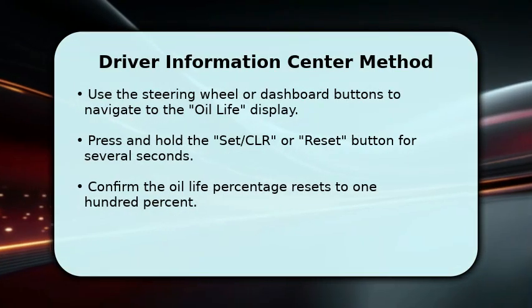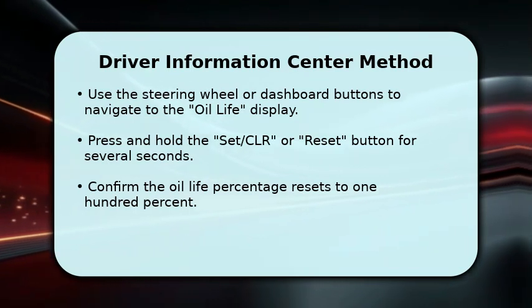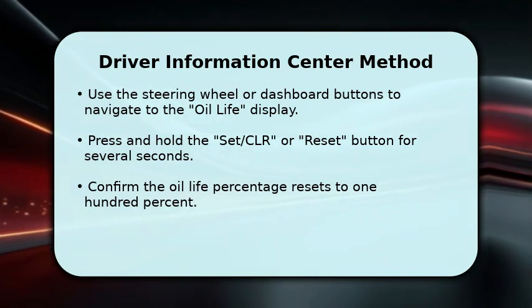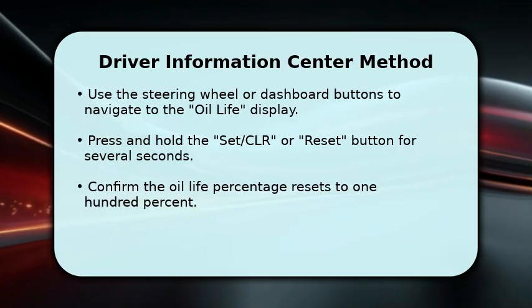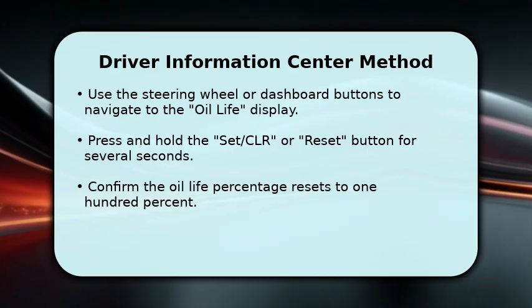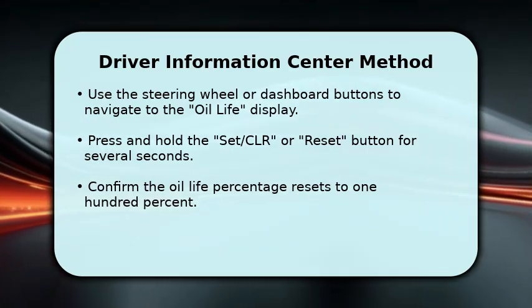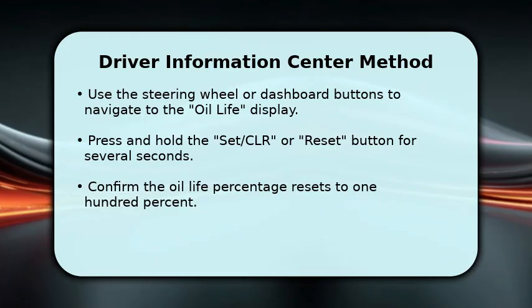Many Equinox models allow you to reset the oil light through the Driver Information Center. Use the menu buttons, often found on your steering wheel or dashboard, to scroll until you see the Oil Life or Remaining Oil Life display. Once there, press and hold the Set/CLR or Reset button for about 5 to 10 seconds until the display changes